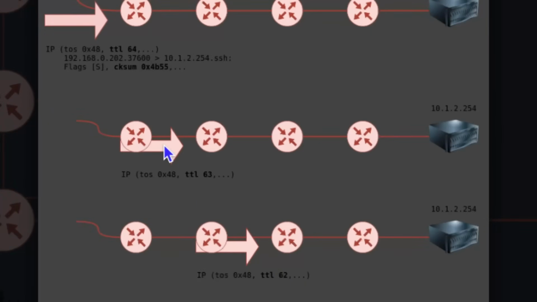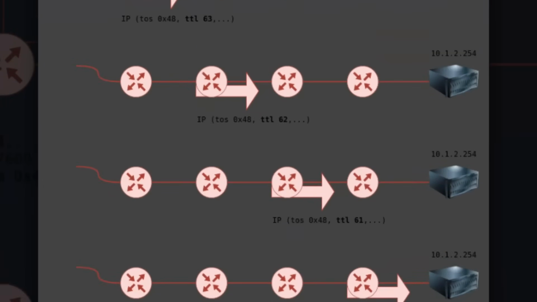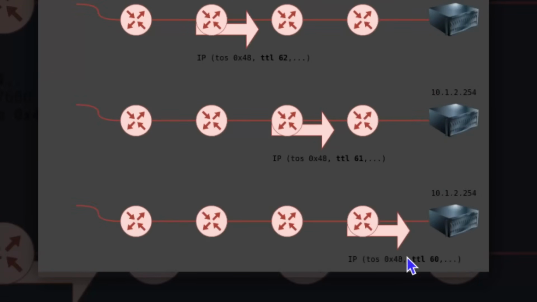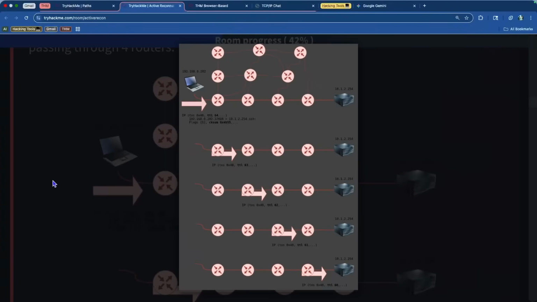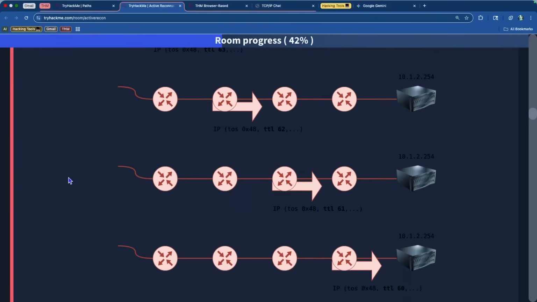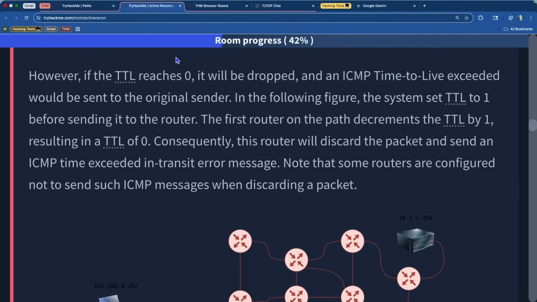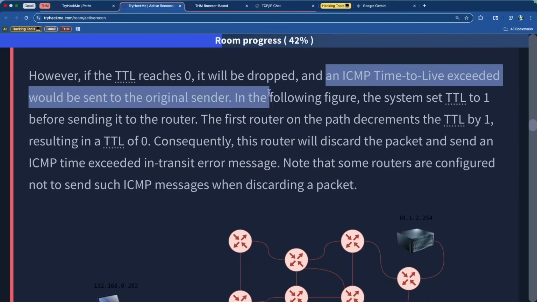So you can see this one will turn it into 63. The next one will turn it to 62, then 61. Ultimately it ends at 60 by the time it gets to this end device that we're trying to connect to right here. So it decrements by 1. It starts at 64, decrements by 1. If the TTL reaches 0, it's going to be dropped, and an ICMP time to live exceeded would be sent